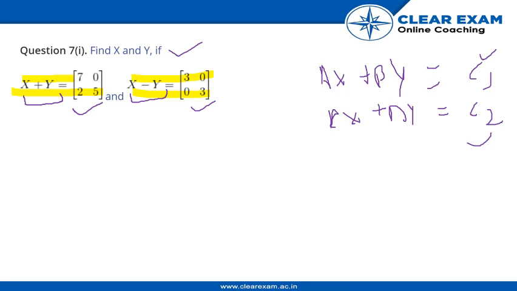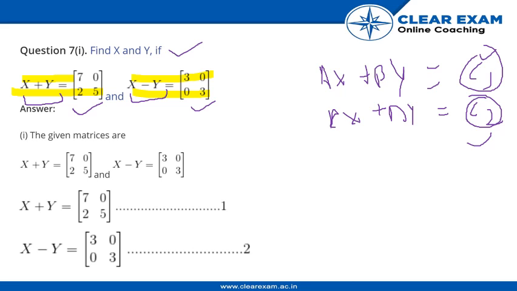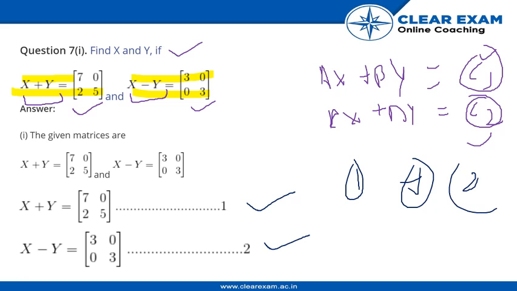Similarly, here we have c1 as one matrix and c2 as a second matrix. So whenever you get confused with the term matrices, just consider them as constants and solve them as linear equations in two variables in algebra. So let us see how we do this. They have just informed us with the question. First we are given x plus y and we are given x minus y. So our first step will be to add both the equations, equation number 1 and equation number 2. That way we get our x, and when we get our x we can find our y as well.